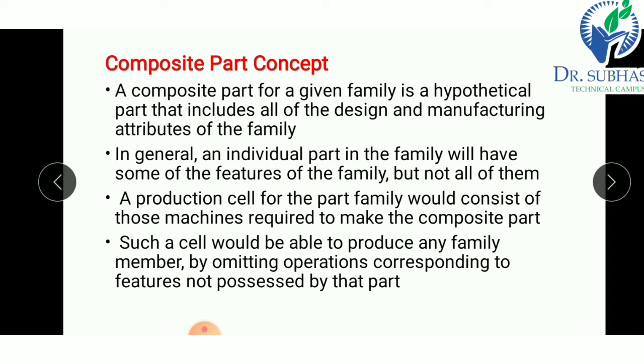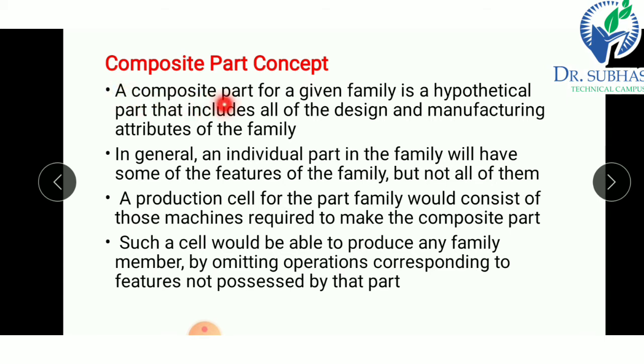In this method we are going to group the parts into part families by using design attributes, and in the production flow analysis method we use route sheets, that means manufacturing attributes, for grouping the parts. Now this composite part concept uses both design attributes and manufacturing attributes.